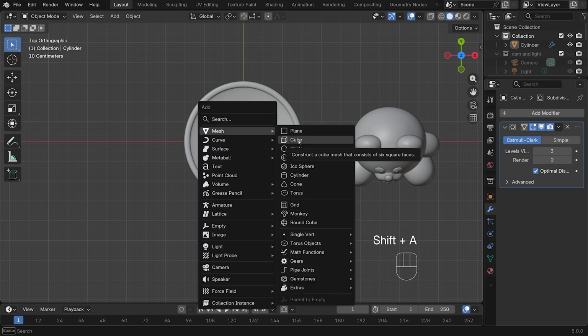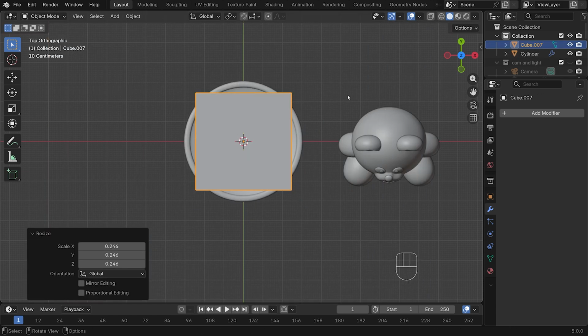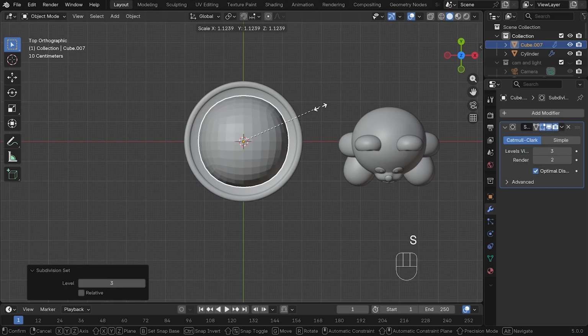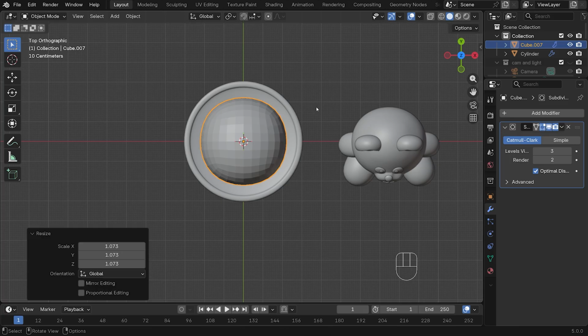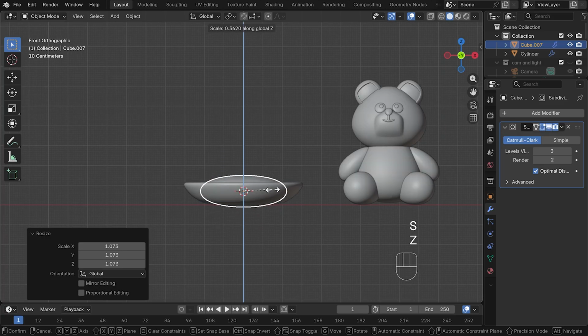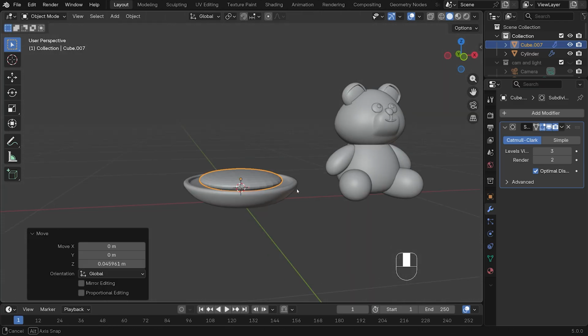Shift A to add, mesh, and again, we'll add the cube. S to scale it down, and Ctrl 3 to add the subdivision surface modifier. Let's scale it up just a little bit, like that. 1 on your numpad to go to front view, and S to scale on the Z to make it flat, and then G and Z to bring it up to somewhere around